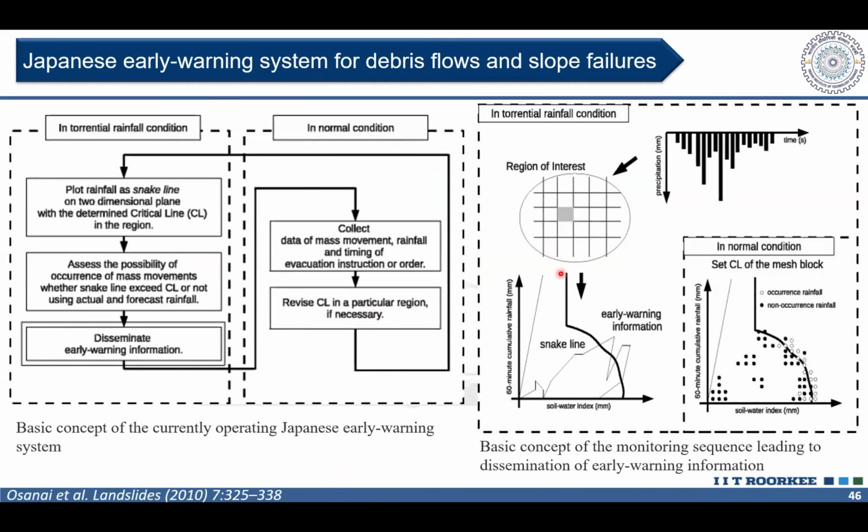There is a meteorological threshold. The threshold line looks like this. And we do have an early forecast of rainfall that is going to happen on an hourly scale, that is at the 60-minute interval. And the soil water index, a hydrological model-based parameter that is calculated, is plotted on the x-axis, and on the y-axis you have this hourly rainfall. For every grid, if you have this information and the snake line exceeds the threshold, then there is a chance of occurrence of a sediment disaster versus non-occurrence. Like this, the line is also further calibrated.